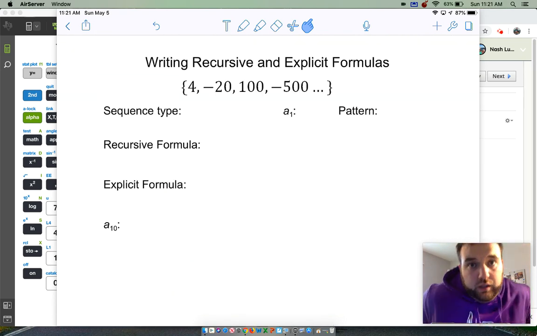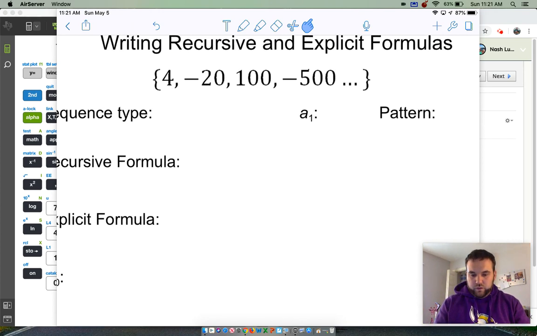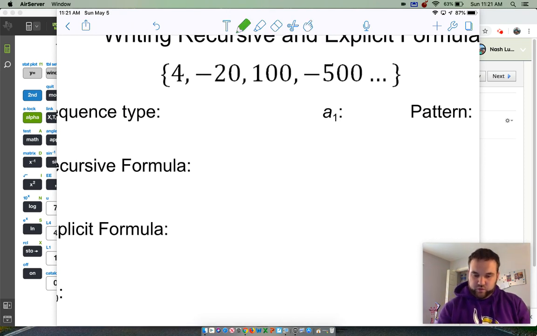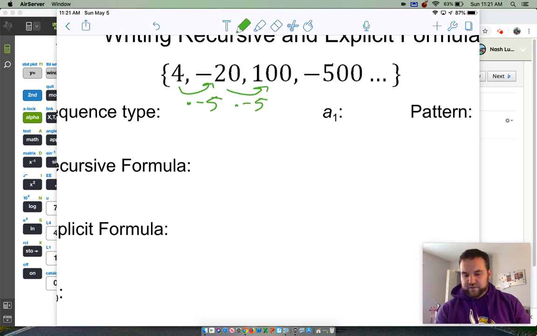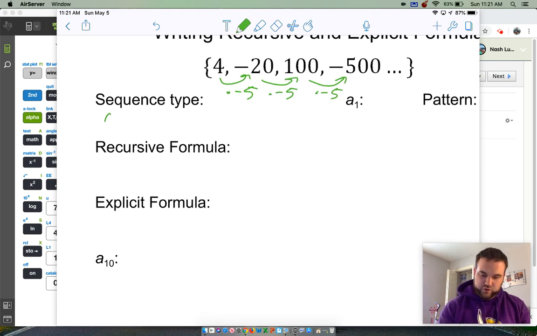So again here, now in the warm-up, we were told it was geometric. And so we're just going to practice real quick. What if you're not given the sequence type? 4 to negative 20, I see that's times negative 5. If I test to see if I keep going, sure enough, negative 20 times negative 5 is positive 100, and that keeps going and going. So I'll keep that there. Sequence type, geometric,